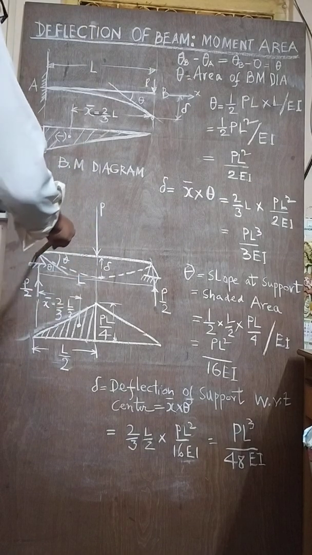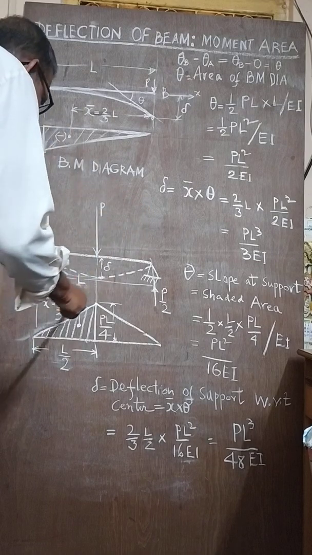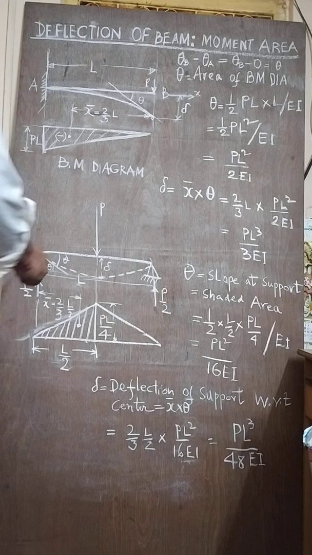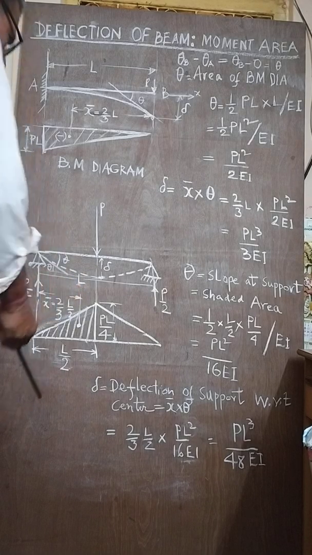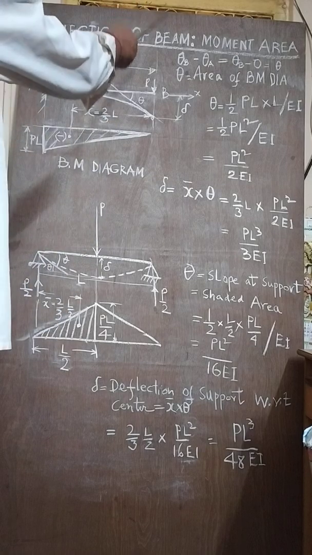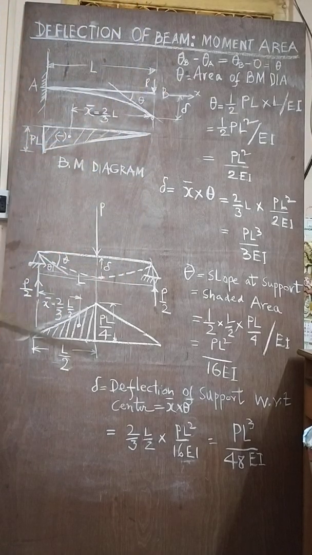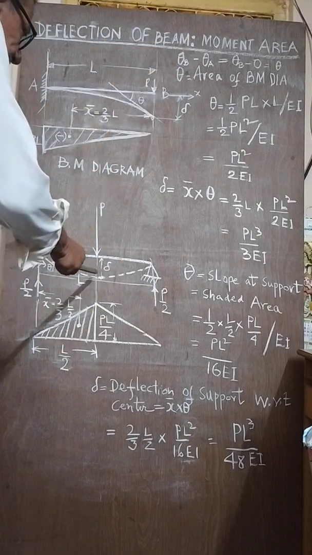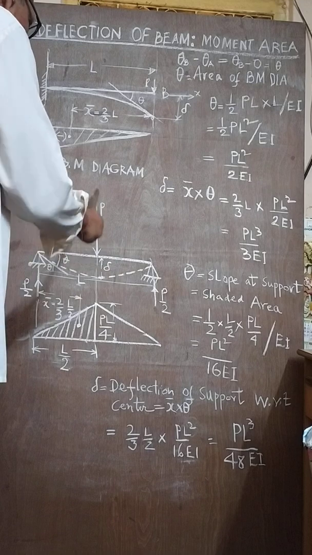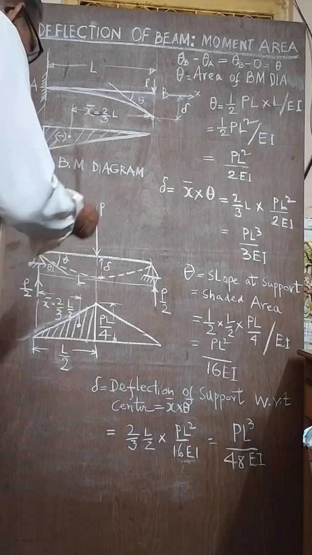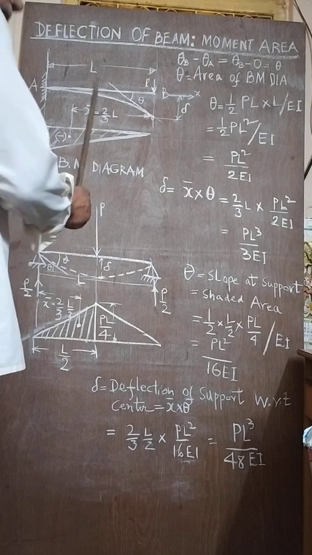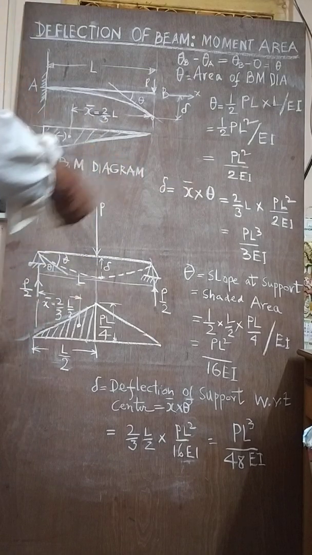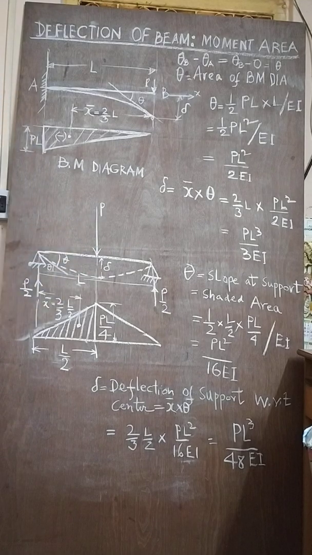In the same way, we can have a distributed load like this. Then, instead of a triangle, it will be a parabolic curve. As we have seen for the distributed load, you have the area of the parabola and the centroid of the parabola. Mind that this method is very handy. Again, I am telling you, this moment area method is very handy whenever the loading is central. It is a simply supported beam with uniform loading, or otherwise the deflection at the center of the beam, the maximum deflection at the middle. Then we can work it out easily and find the calculation very quickly.